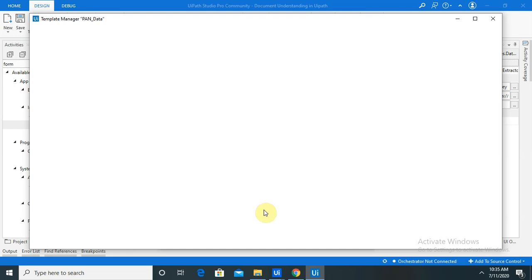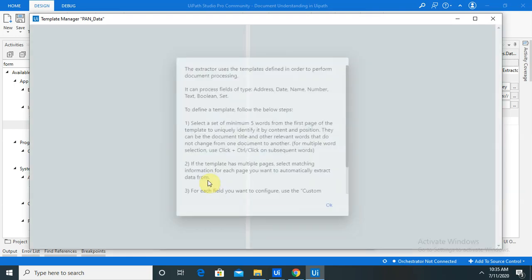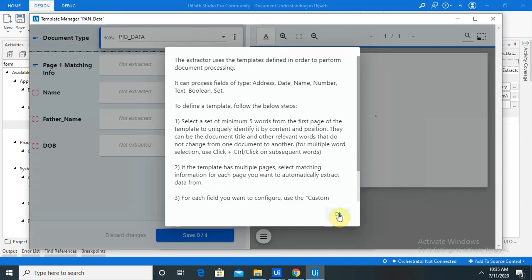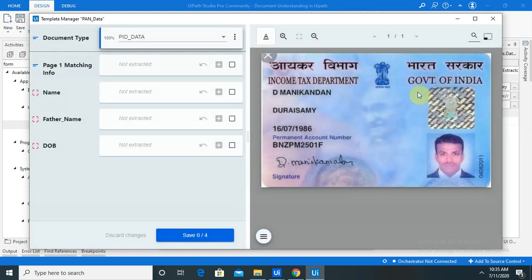Let's wait to load the page. From here we are only 2 steps ahead for creating our Excel file and all. Now you can see here our pan is loaded here, so we need to provide the details.